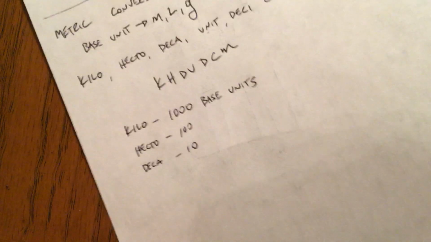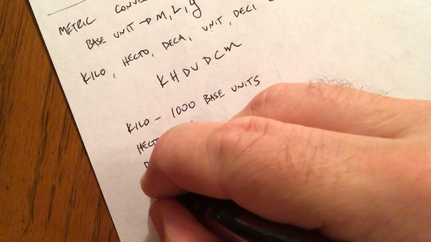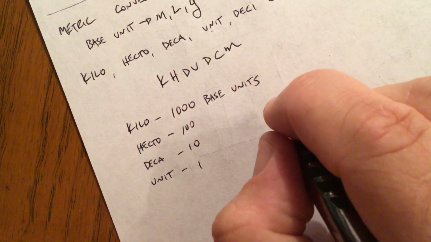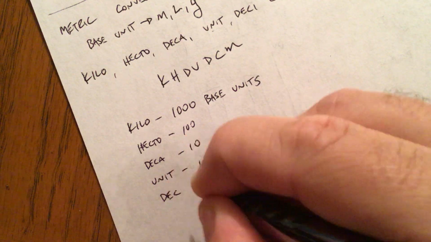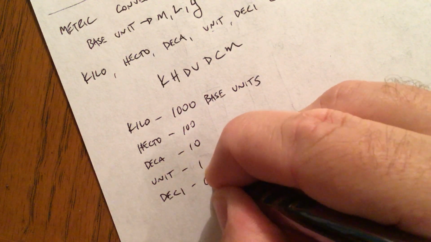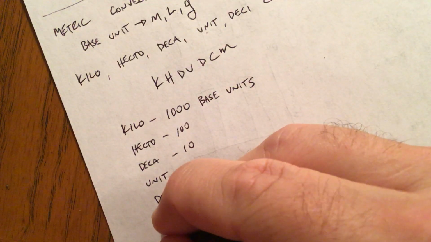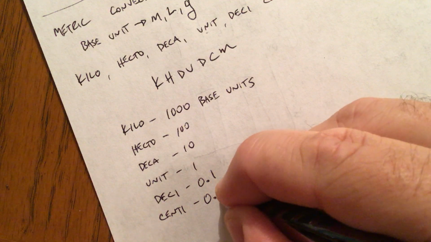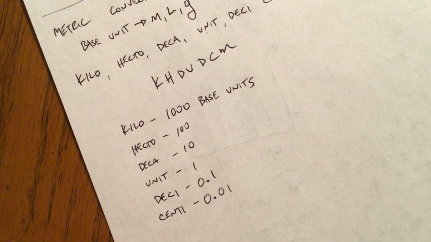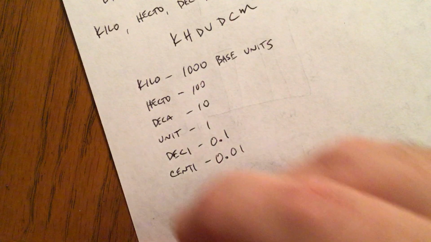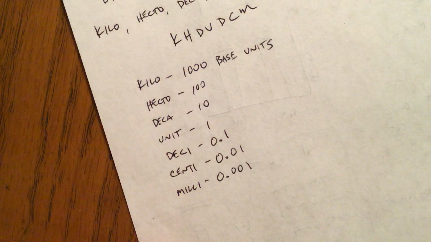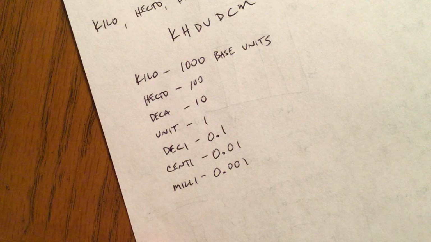Deca, that's 10 base units. So a decagram is 10 grams. Base units are just one base unit. There's no prefix. Deci is a prefix that means a tenth of a unit. Centi is 100th of a unit. So a centimeter is 100th of a meter. That means that there's 100 centimeters in a meter. And milli is 1,000th. So a millimeter is 1,000th of a meter, and there are 1,000 milligrams inside of 1